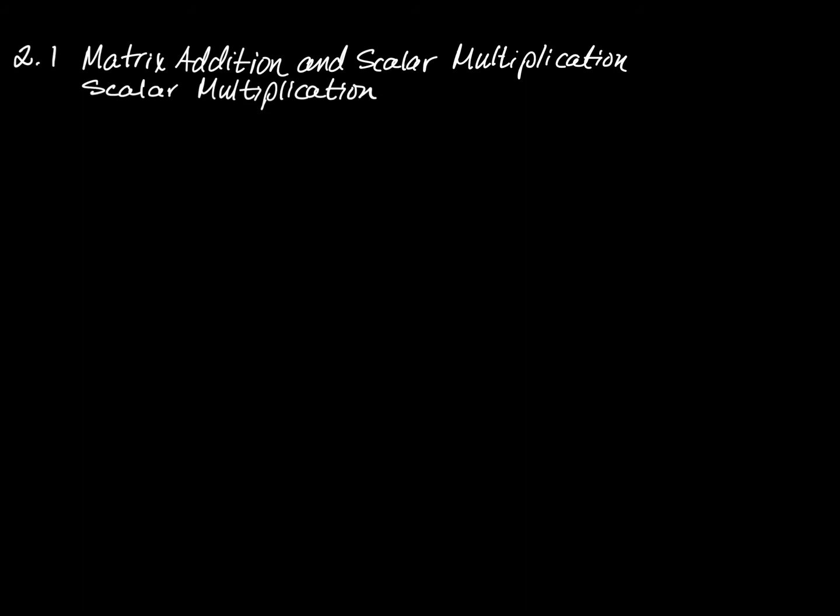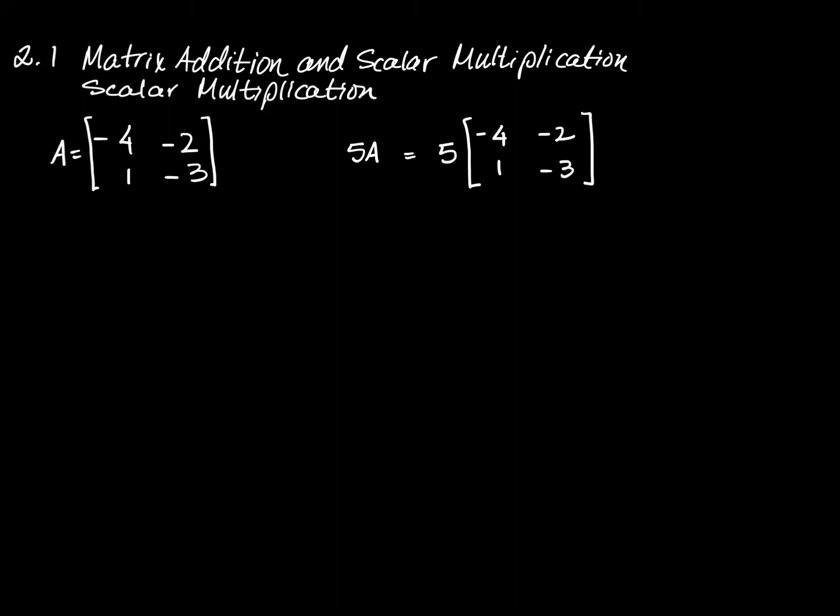So for example, if I wanted to double a matrix, like this matrix A, let's say I wanted to find 5A, I wanted to scale matrix A by 5, I'm literally just multiplying A by 5. And by multiplying A by 5, what I mean is that I'm multiplying each entry in matrix A by 5. So this is what it looks like in the setup, right? This is the way we would want it to look. And then the result of that is simply going to be a new, in this case, 2 by 2 matrix